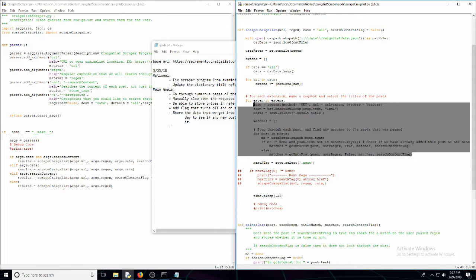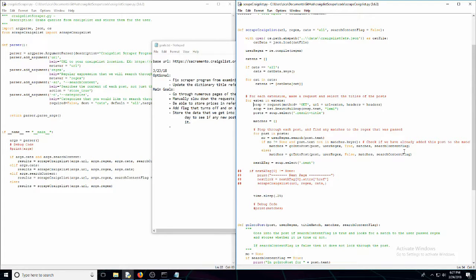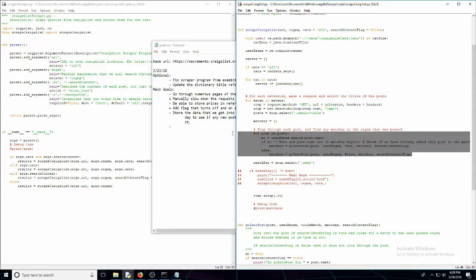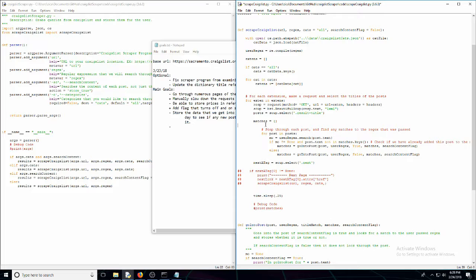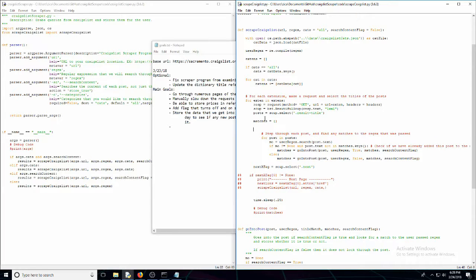But I think in order to do that, we need to nest all this inside of the recursion, well, inside of the looping through each page function. So we're gonna go like this. I think it's Alt. Yeah, it's Alt. It's Control right bracket to indent like that. And now we can do